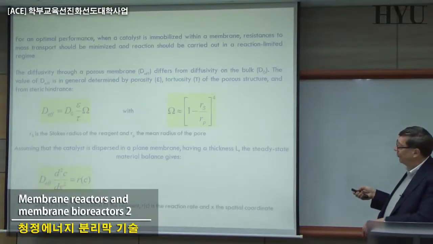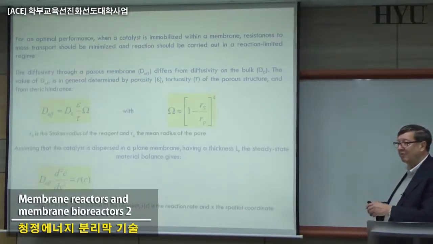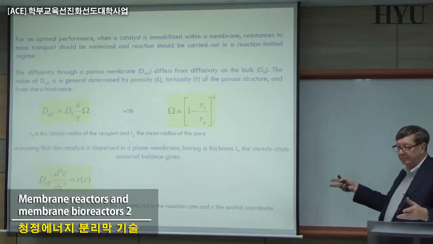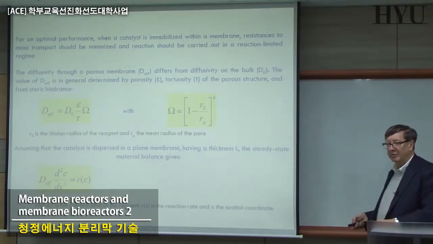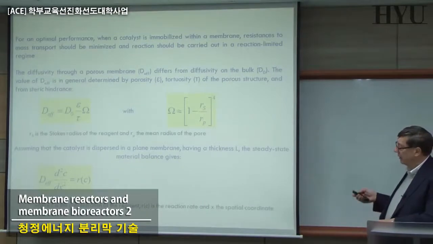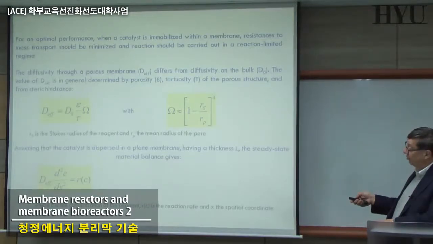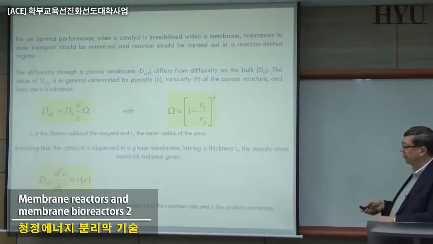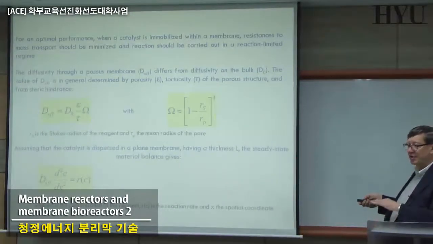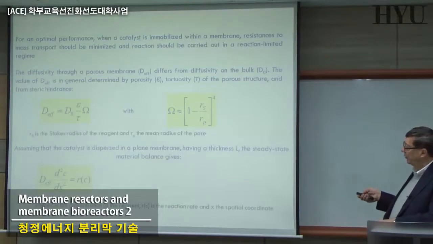So depending on this radius, you can have a faster or slower mass transfer in the system, and you just have to take care of this. This term here, the effective diffusion coefficient, if you assume that it is very well, homogeneously dispersed in flat sheet membranes, and if you know the thickness, and in steady state,